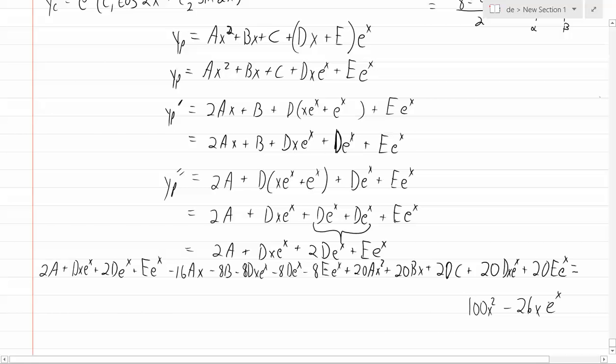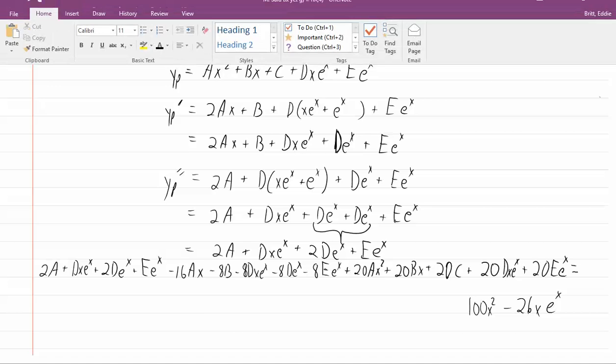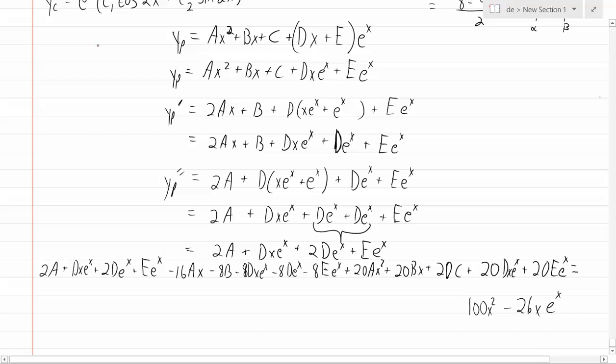Now we do have some like terms that we can put together. We also want to rearrange these so that I have all the constant terms together, all the x terms together, all the e to the x terms together, all the x squareds together, which only have one. But I do believe we have some like terms. So let me see if I can kind of highlight those with a different color. So we have a dx e to the x here, and we have a negative 8dx e to the x here, and we have a positive 20dx e to the x. So if we put those three together,